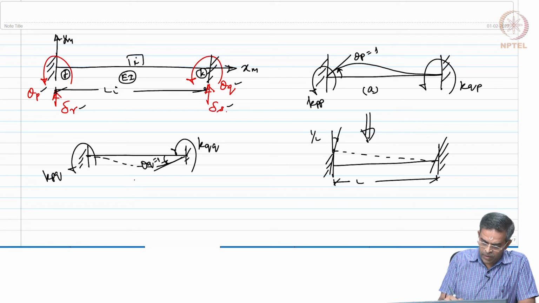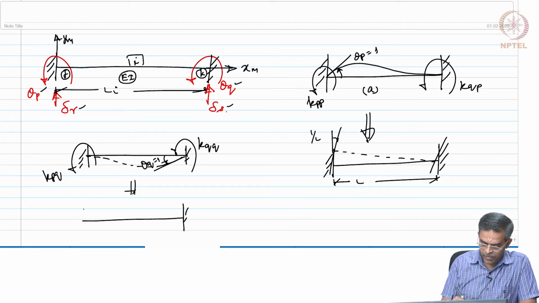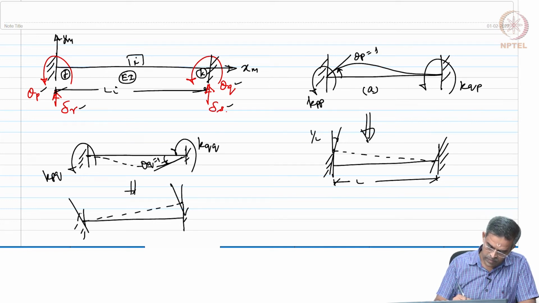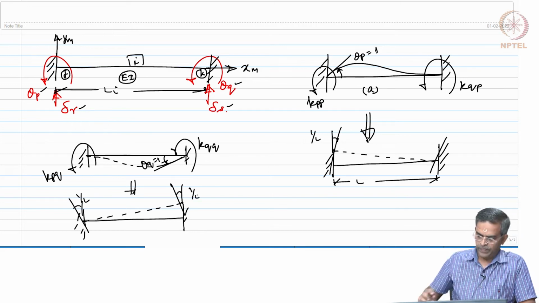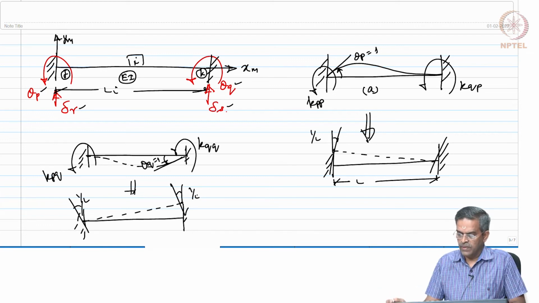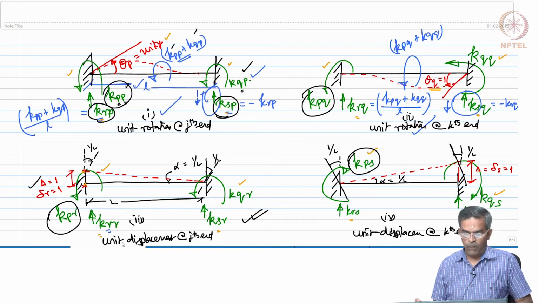So, this is equivalent to a member where I give unit displacement here and the member rotates by 1 by L. Okay. Now, considering these two figures and comparing this with figure 3 and 4,